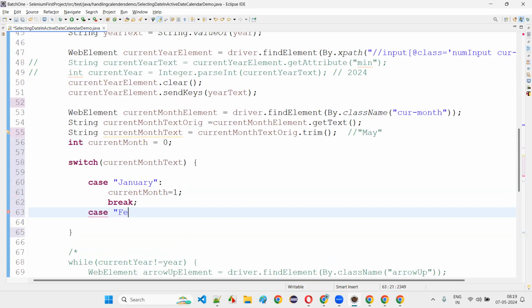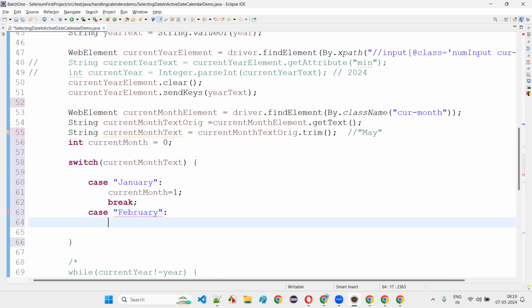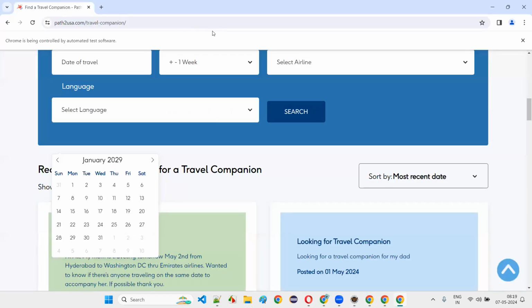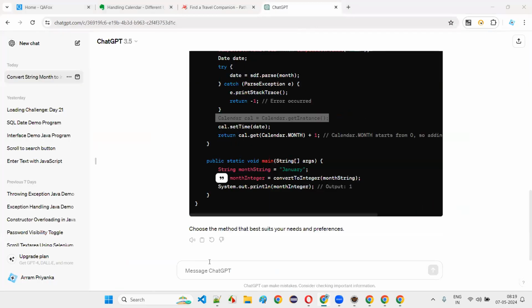Case, if it is February, then current month is equal to 2. In that case, is there any shortcut way also? We can find it out, guys. If we give some month and it gives us the number of that particular month, is there any shortcut way instead of using that switch case? Do you have any predefined method using which you can, okay, write a Java program to convert